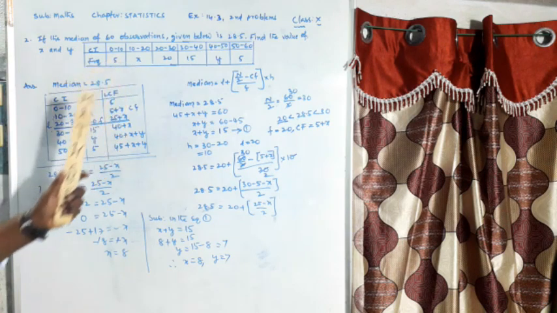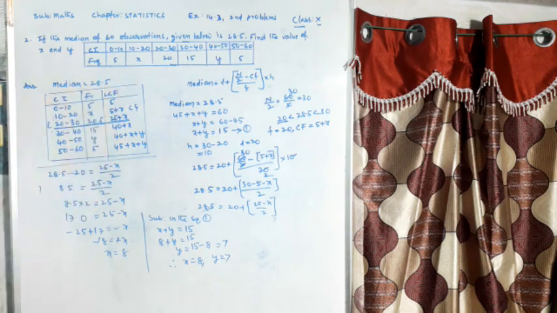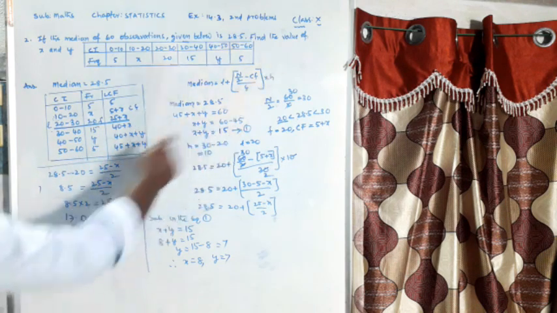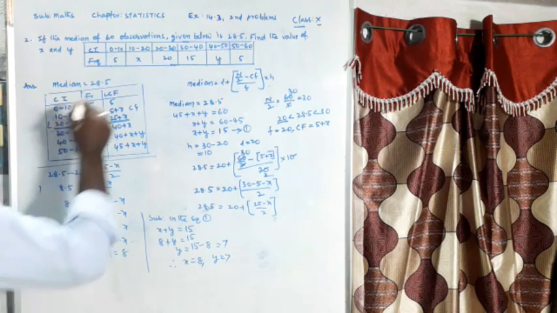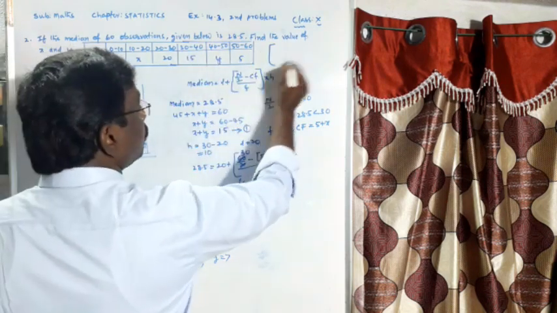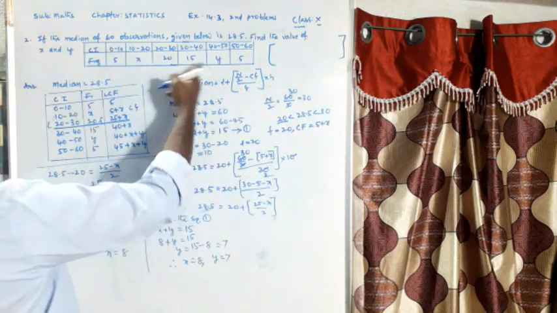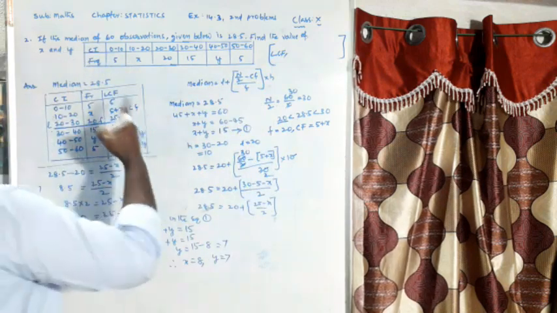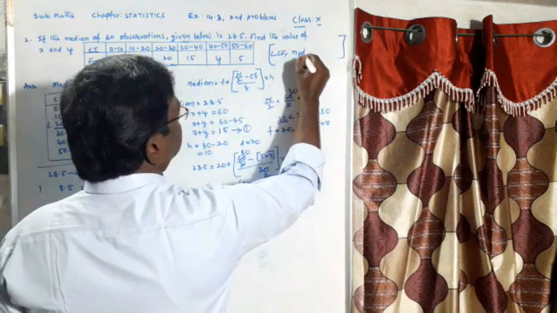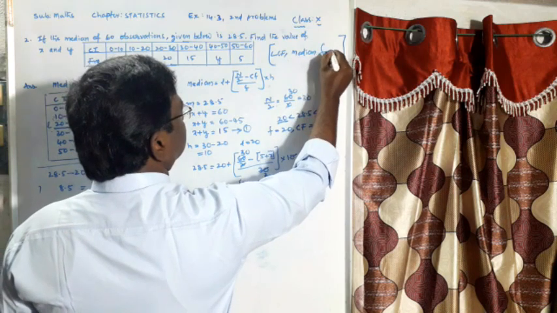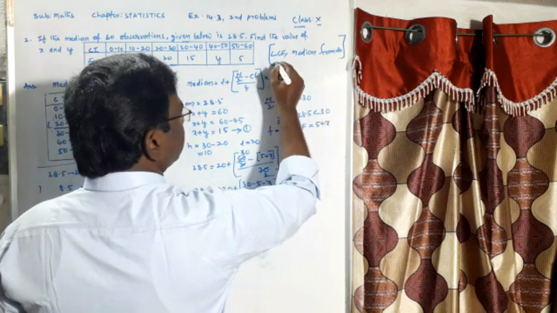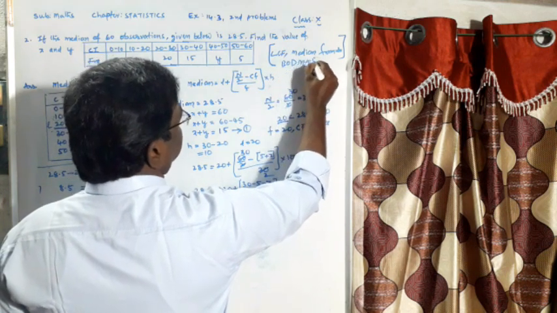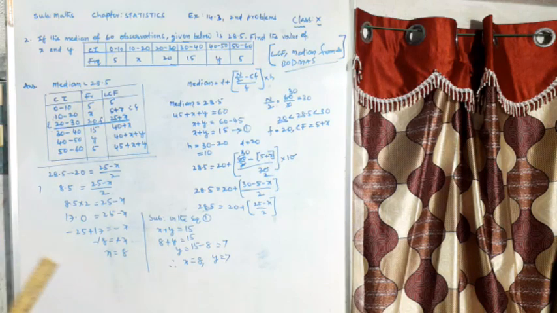Just you go and find LCF. Do you know how to find it? Next you can connect with the median. First LCF. To find this problem, find the x and y, you connect with the LCF. And you connect with the median formula. Then you can go with the BODMAS. Finally you will succeed.